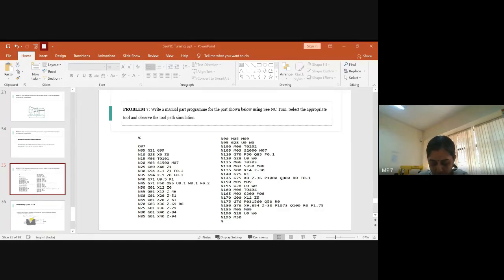Actually, if a good CNC lab were established, every student could be given a sample piece. If you write your own program, you can see exactly how the changes happen with respect to the required dimensions in a given part. Then you would really get good hands-on experience. That is not there in your curriculum. It is only one sample demonstration at the end, and the remaining is the same virtual simulation that you see in the software, whether it is CNC turn or CAPS turn.